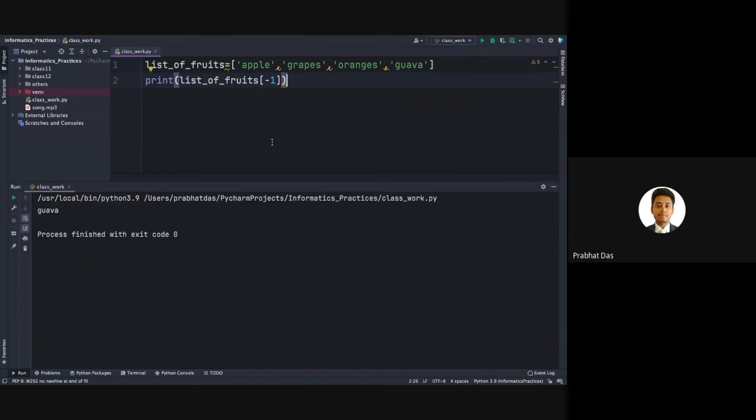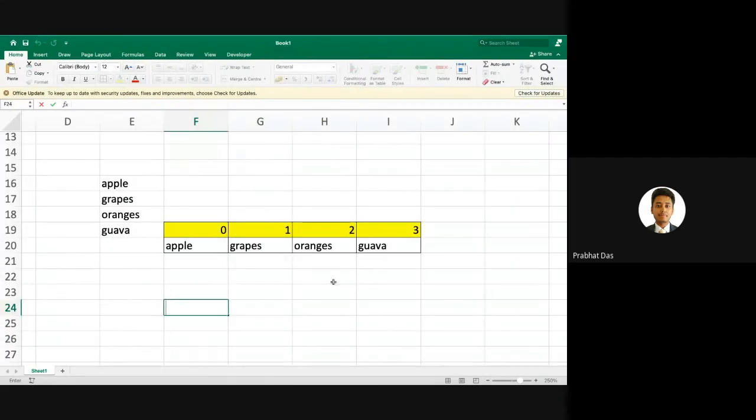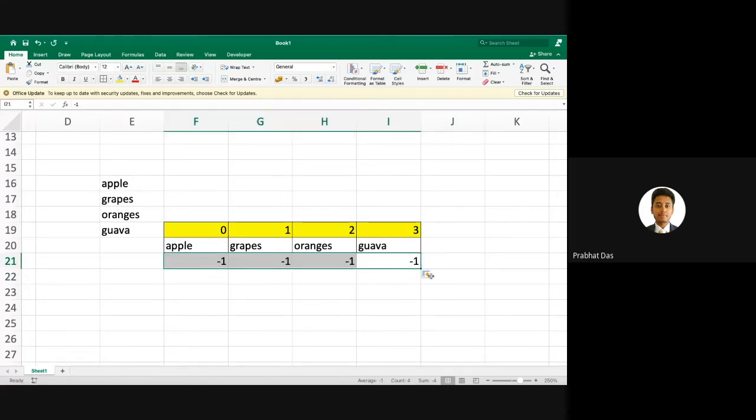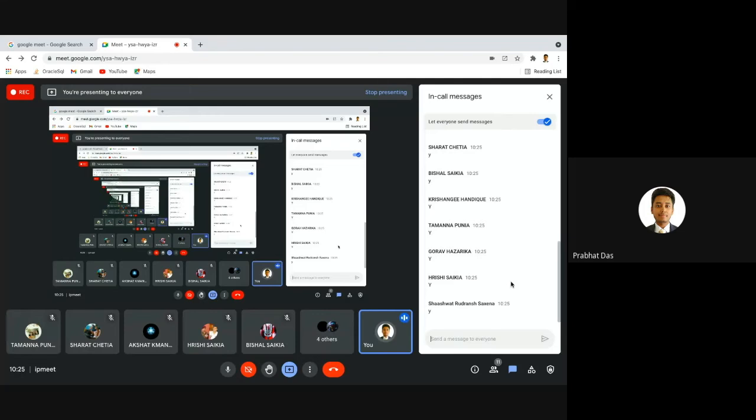It means that a list also stores values with negative indexes. If we have -1 over here, for the other values we'll definitely have -2, -3, -4.